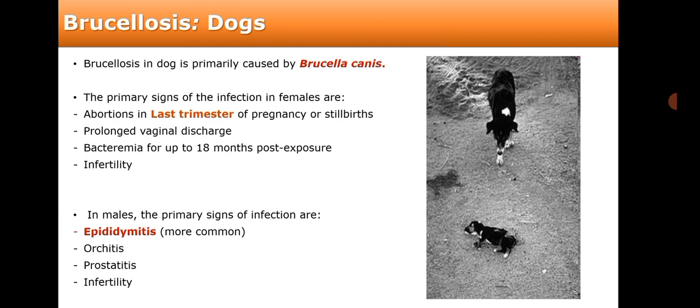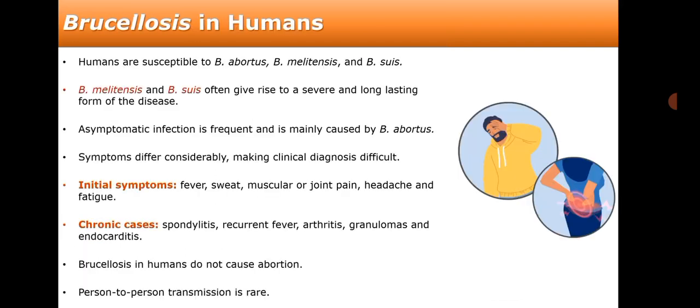Brucellosis in humans. Humans are susceptible to Brucella abortus, Brucella melitensis, and Brucella suis. Brucella melitensis and Brucella suis often give rise to a severe and long-lasting form of the disease. Asymptomatic infection is frequent and is mainly caused by Brucella abortus. Symptoms differ considerably, making clinical diagnosis difficult. Initial symptoms include fever, sweat,